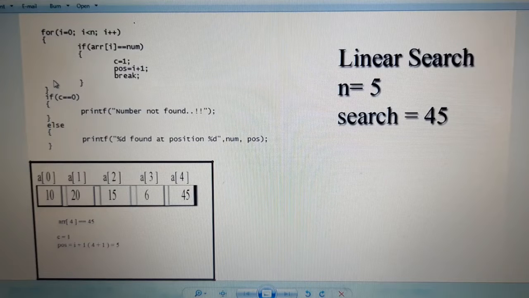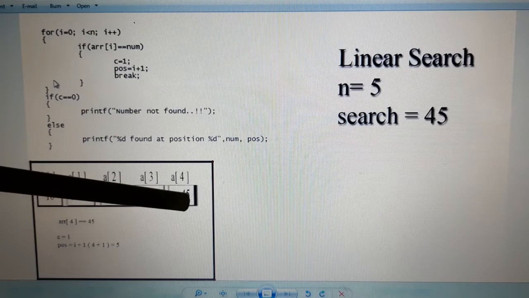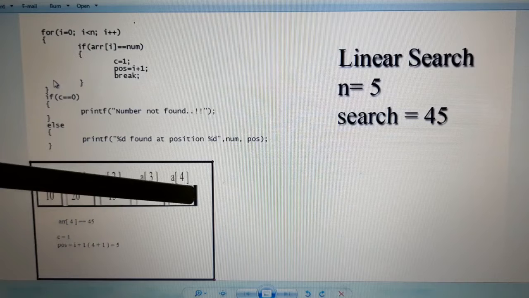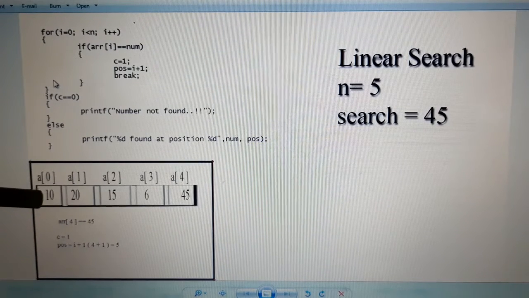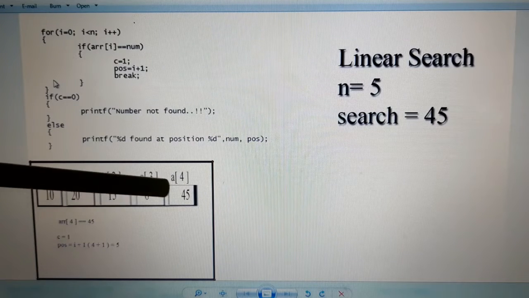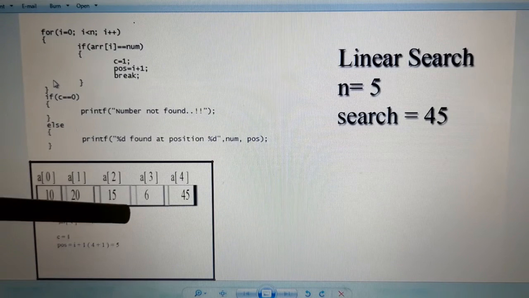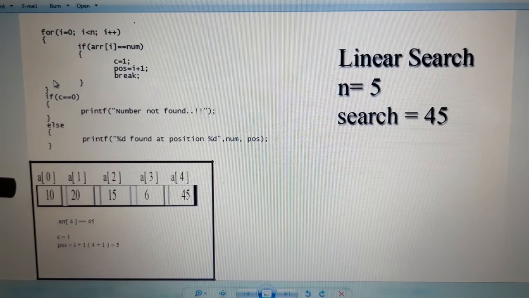Then there is one major drawback behind the linear search, that is the probability that comes into play when searching. Here the element that I have searched is 45. It is present in the fifth location of the array. So I have made comparisons with the 5 locations inside this array. If the search element is found in the first location, then the complexity or the time required to complete the program will be less.